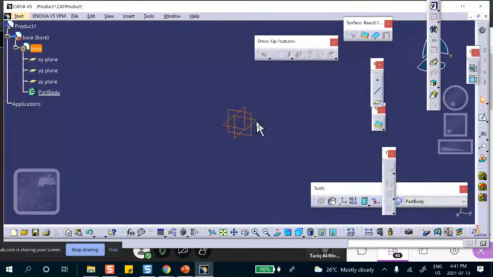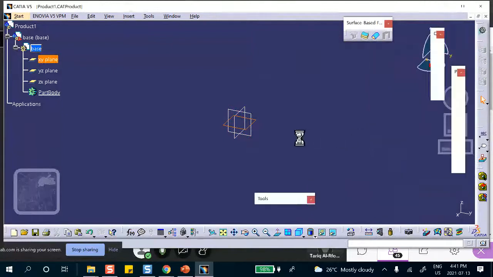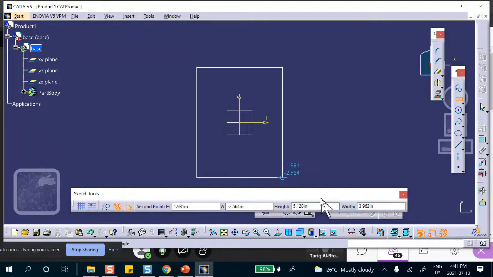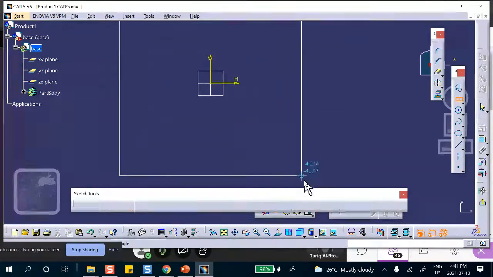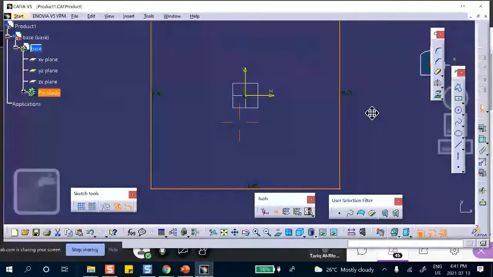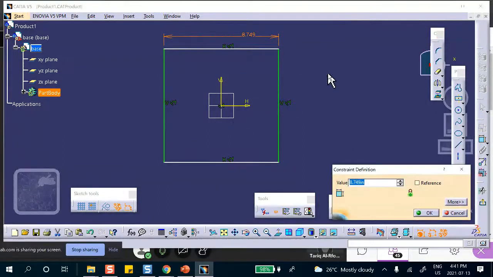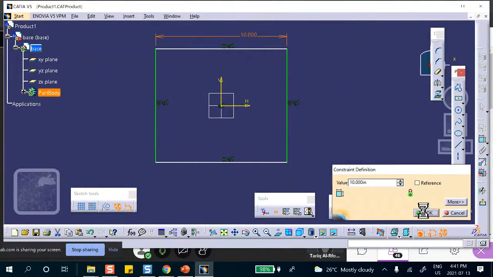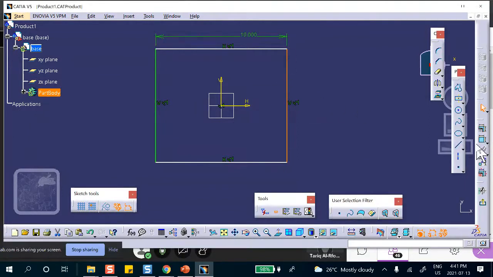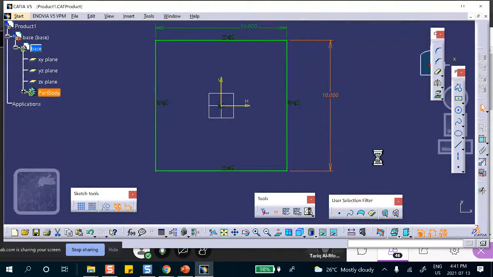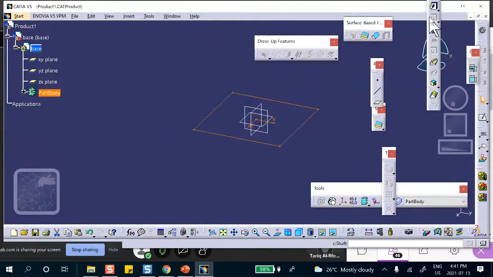Double click on that plane. I will sketch. Again, dimensions are not critical, are not important to us in this problem, so I'm going to do it like that. Excellent. Okay, so let me just make sure that these, although it's not necessary, are the same dimension. So 10 and 10, how about that? Just so that it's a square, that's all. I want it to look like a square. That has nothing to do with the problem. Exit, pad it